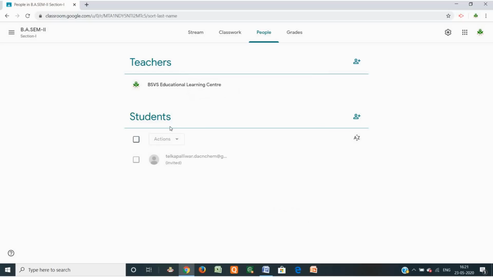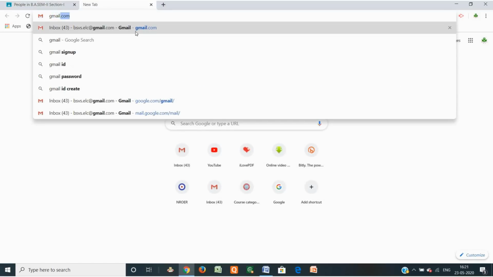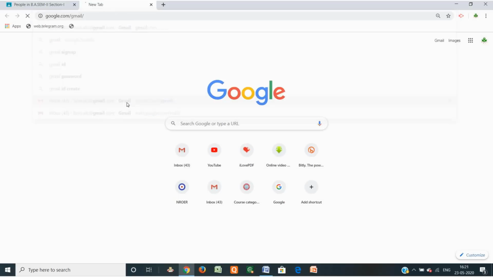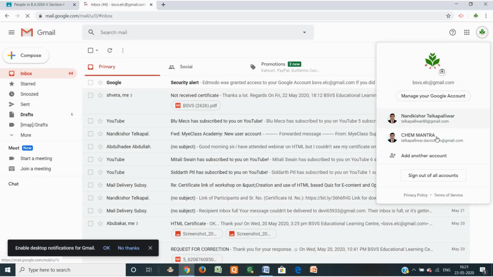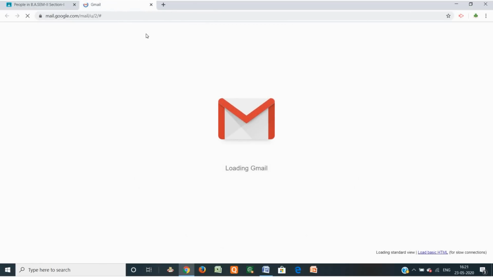The invitation can be sent, and when the student goes in their email box, the invitation can be seen in Gmail.